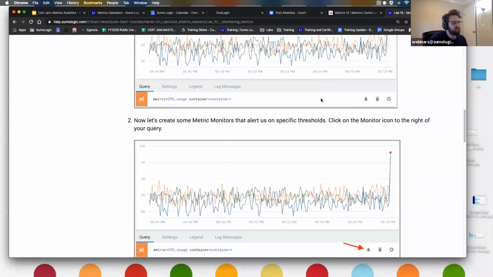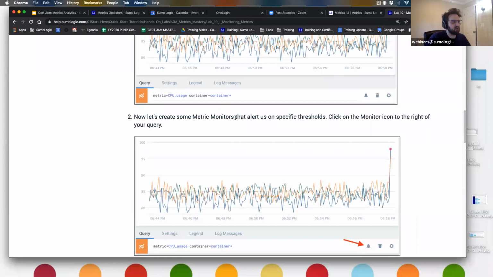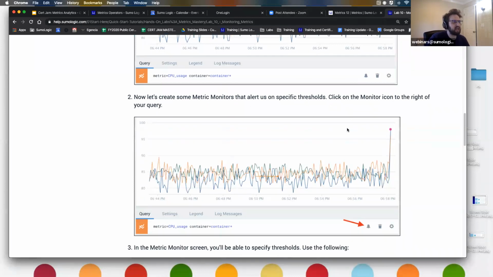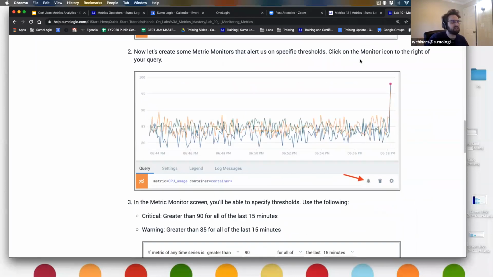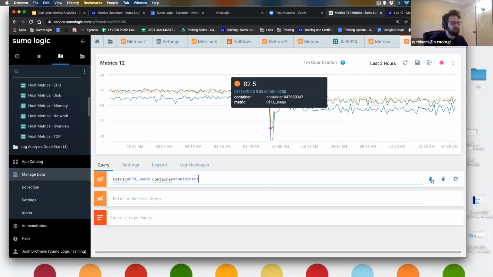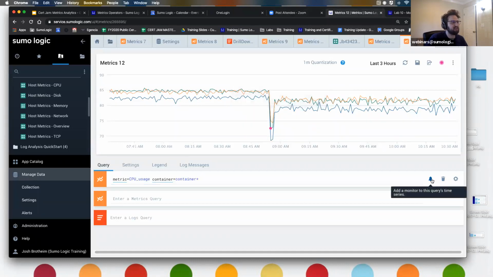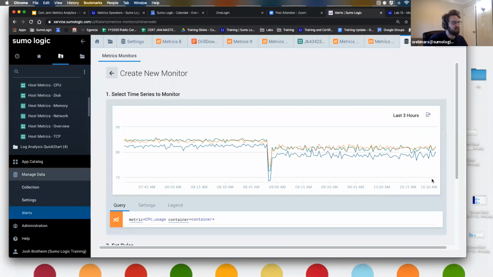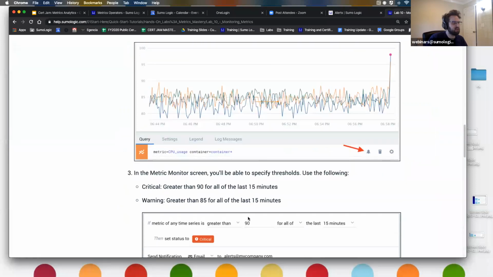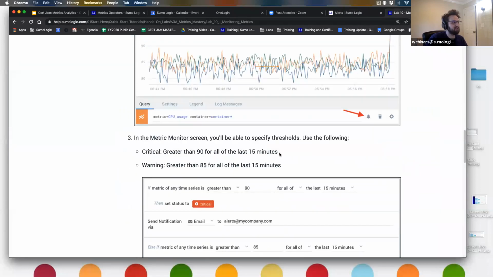Now what we want to do is start to create a monitor or an alert from these metrics. So how do we create it? Well, as it says here, we're just going to click on the alert icon to the right of the query. So to the right of the query, click on that icon. And now it's a lot of essentially fill in the blanks. So here is the time series we want to monitor. And what we can now start to do is start to develop those thresholds of when we want to be monitored. So for example,